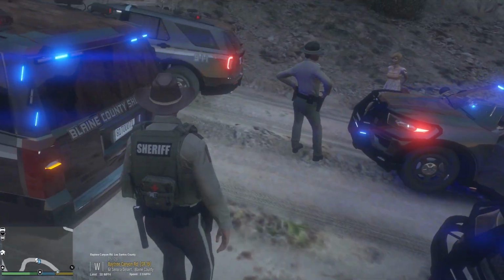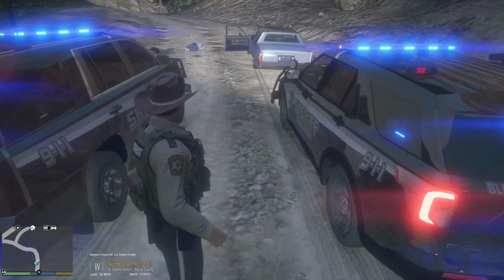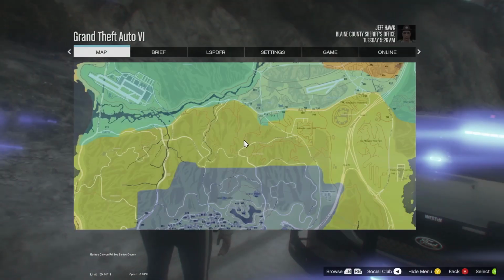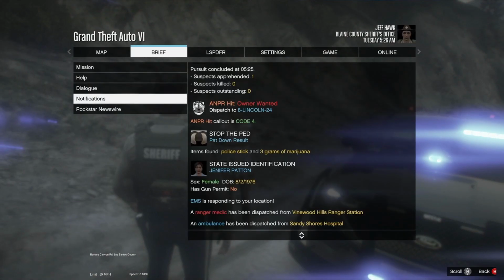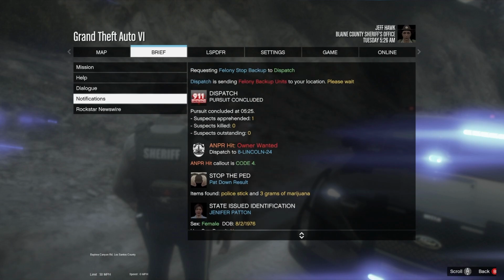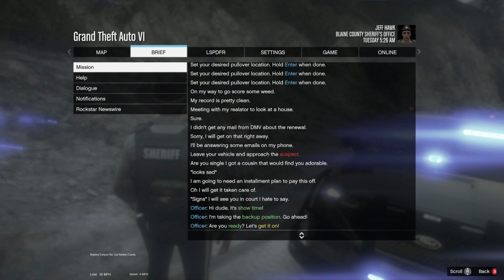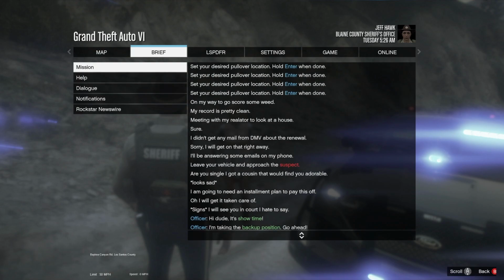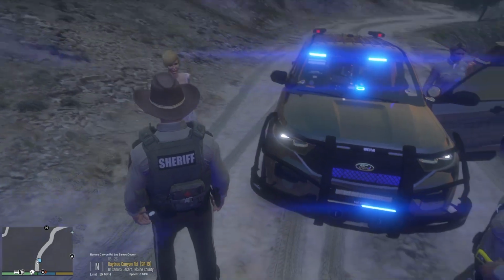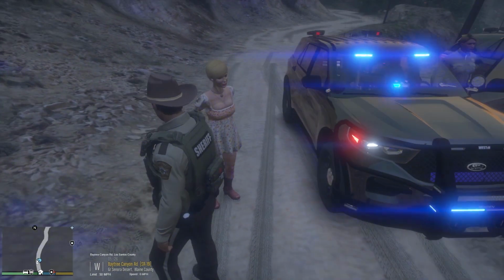Looks like the scene is under control. We have an innocent passenger here, but I believe that all the occupants... We're going to double check that if you guys just want to bear with me for 1 second. The ANPR hits. Let's see. Owner is wanted. Let's see. Yeah, I'm going to assume that the... Well, we'll do a check on her. If she's wanted...